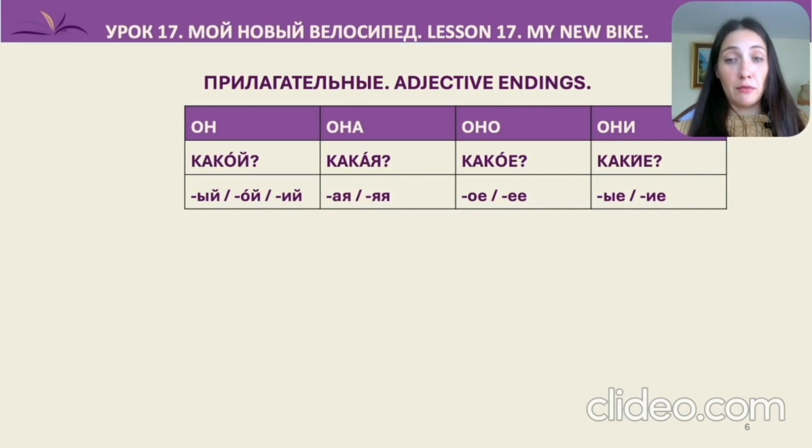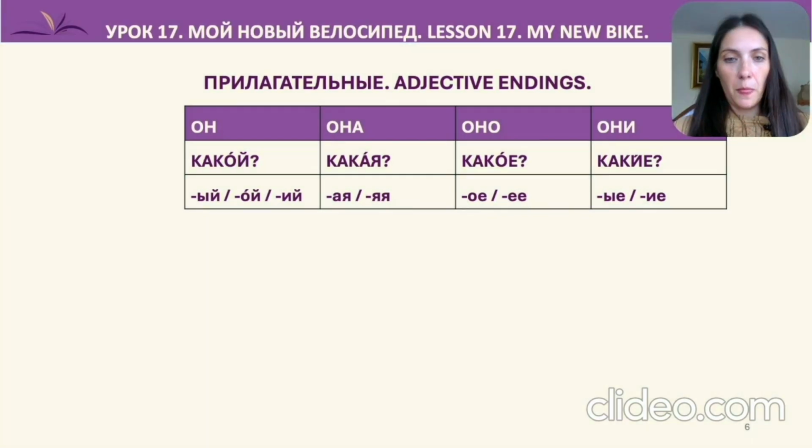Let's talk about grammar. Прилагательные, adjective endings. We are going to build together a big grammar table with all types of adjective endings. Don't be scared, don't worry. It might seem a little bit overwhelming because it's new grammar and these are new words and new grammar given together. That's how, unfortunately, it is with adjectives always. We learn new words and at the same time learn how to form their endings. But we will do it together, we will go step by step, and in the end it won't be difficult,